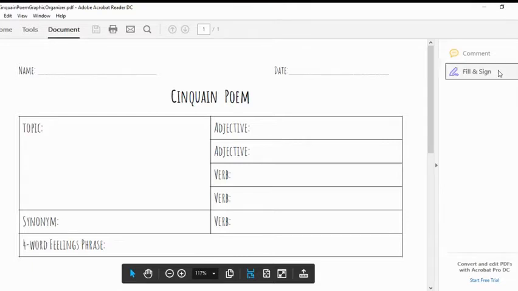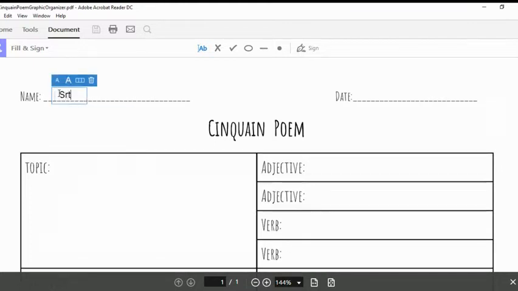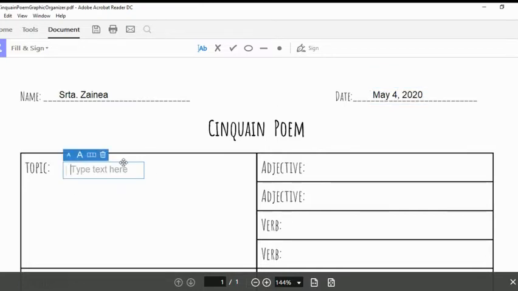using the template provided. I'm going to use my reading program and editing program on my computer to do this. You can also print this out and fill it out as well if that's something you'd prefer. So my name. It's May the 4th, 20. The topic of my cinquain is going to be, we're going to go with coffee because I love coffee and I wrote a bunch of poems about Star Wars